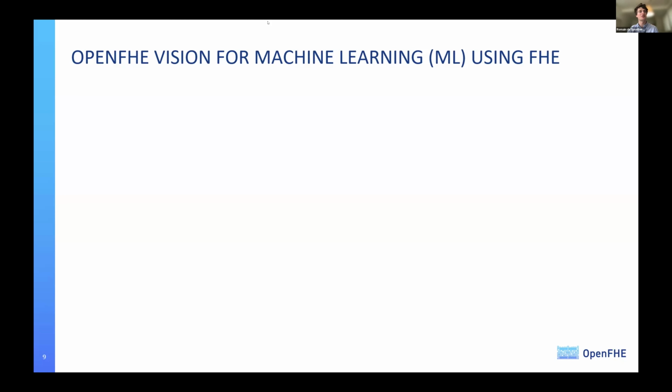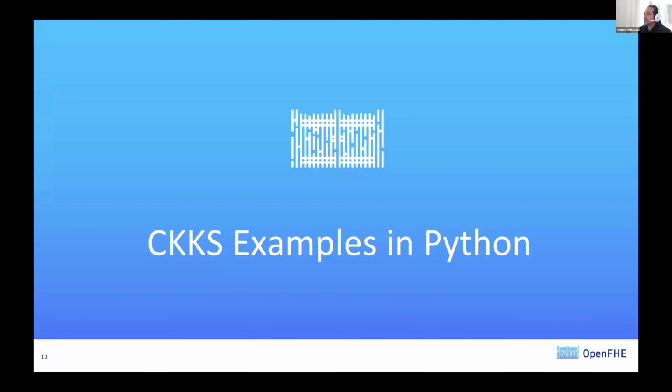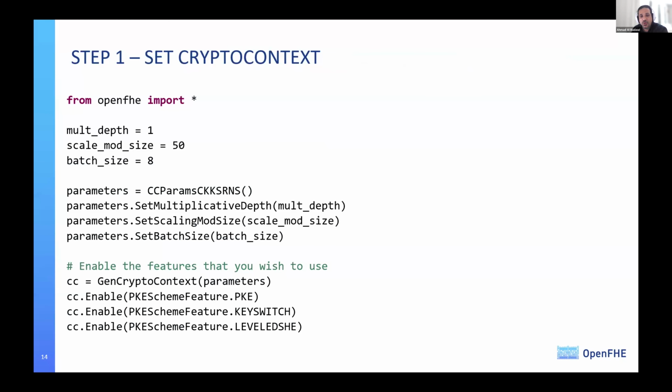Okay, then a question from me. How easy is this to pick up as a non-FHE expert? How far is the user-friendly mode going to deviate developers from their habits? As I mentioned, you can build applications using either C++ or Python. The library itself is built in C++. You can definitely extend it and build your own application. Also, we have a wrapper to use it inside Python.